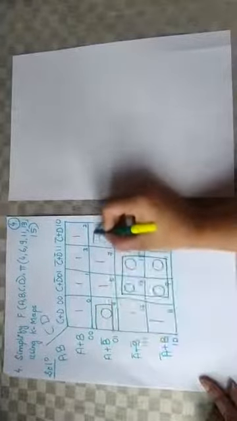Next, we are left out with 2 zeros here. One over here and one over here. Now we need to check whether there is any possibility of quad for it. No, we don't have. Then we need to check for pair. And I have said that grouping diagonally is not permitted. We cannot group it like this. Then how to go for this grouping? If you check these 2 zeros, if I fold it, these 2 zeros overlap, so we can consider a pair like this. Okay. So now let's write the solution.